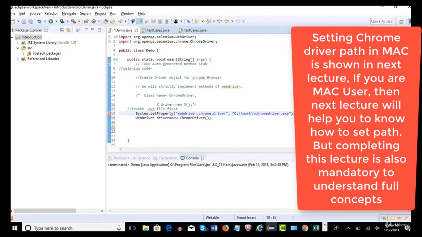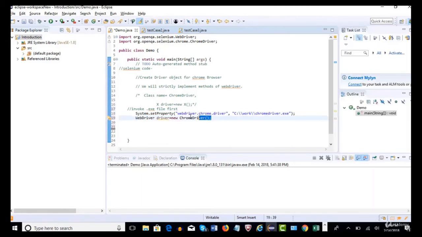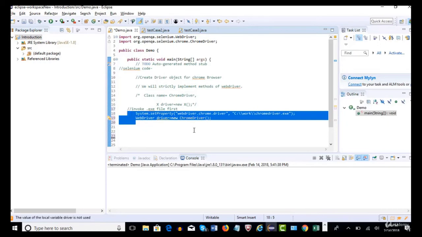Perfect. So what happened now? When you run this test, the Chrome browser will be invoked, because in this ChromeDriver class, as I said, they use this property, and this property we are storing here. So now when you run, first of all, it will go and identify the Chrome driver in your machine and invoke that file. Once that file is invoked, the browser will open. Thereafter you can play around and execute your test. So as I told, these two steps are responsible for invoking the browser.